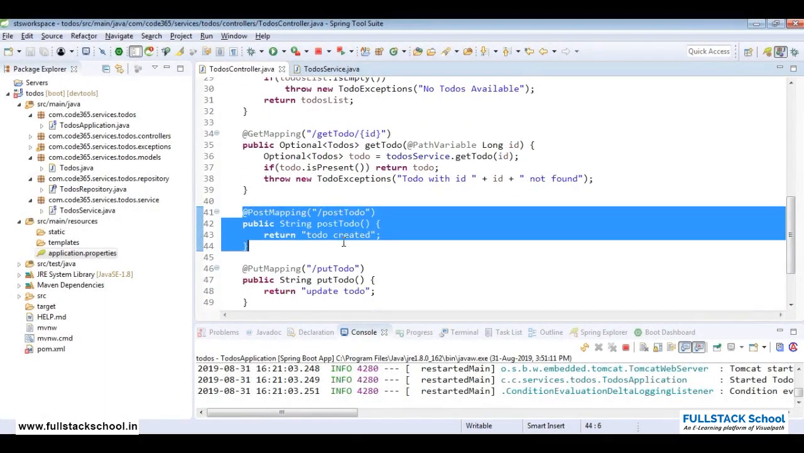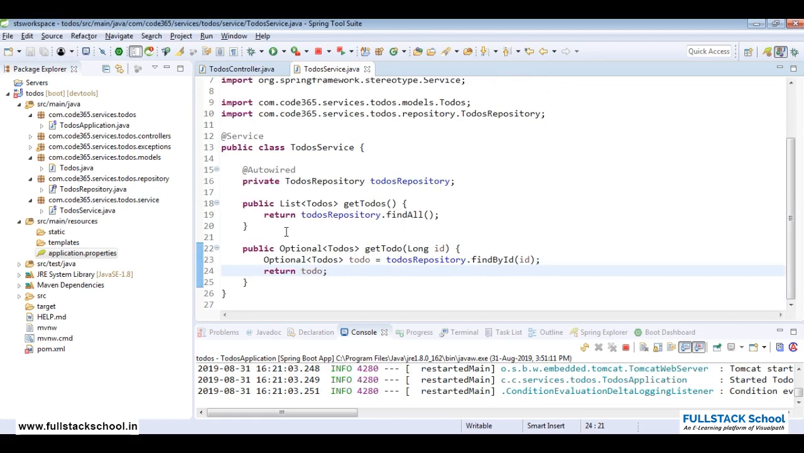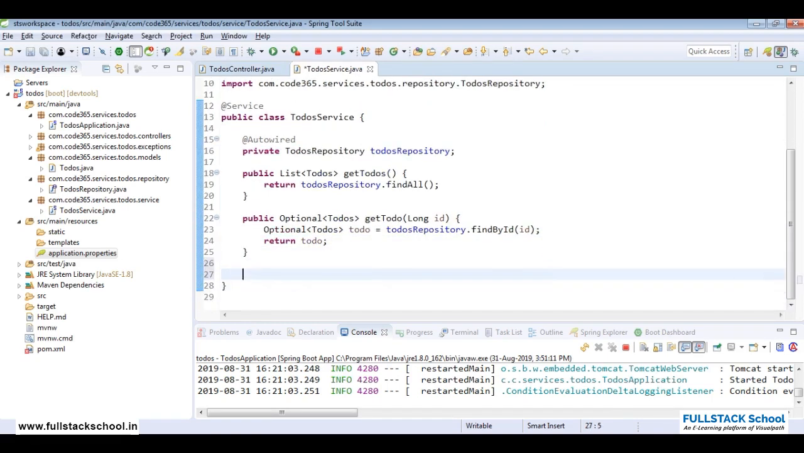Okay, so we'll see the post, or inserting a to-do. Let us say we get the insertion, or the record to be inserted, with all its data values into the controller, and the controller passes all that information to the service. Imagining that we received all the information from the controller to the service, from here we'll try to insert that